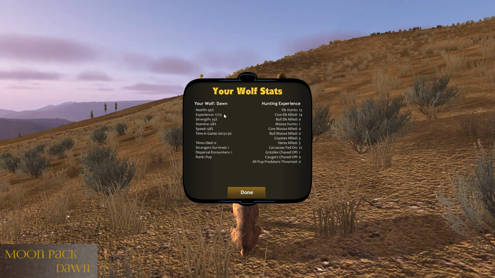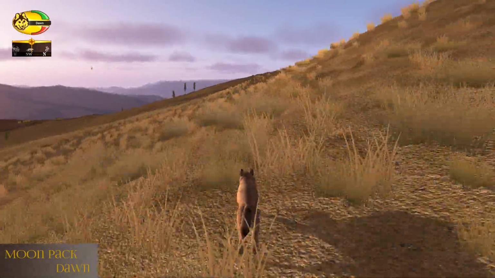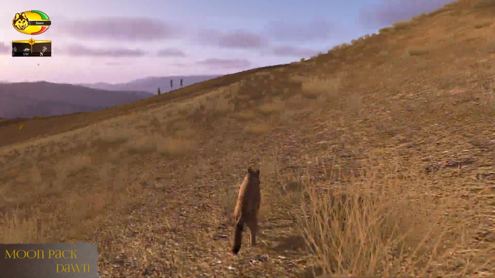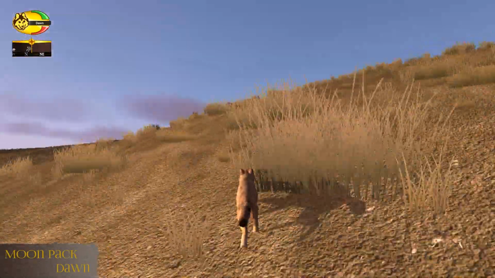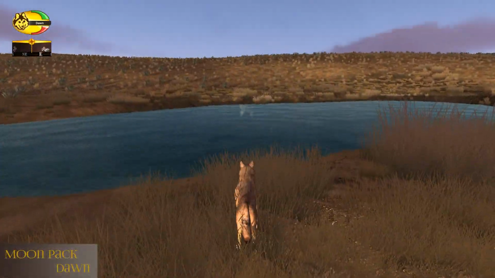Look at that, it's climbing. We still need to get to 2,000 experience or else we won't be able to name our pups. So we are not leaving here until we get to 2,000 experience. Not being able to name the pups is not something I want to experience. All right, let's run up here. Especially because I'm going to need your guys' pup names in the future. But for now, we're just going to focus on...